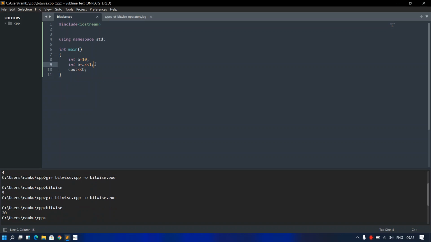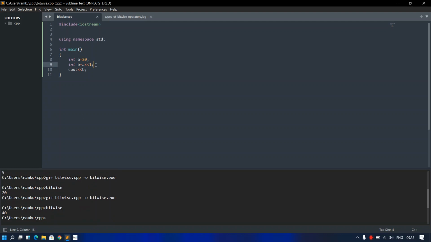When we use the left shift operator, it just multiplies by 2. So if we take 20 here, it will give us 40. Let's see. Here it is giving us 40.